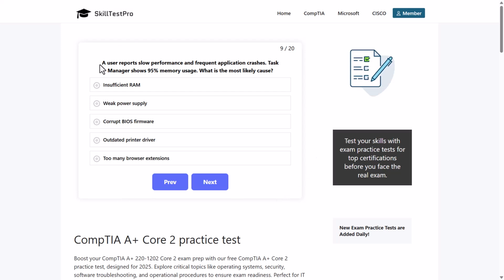And here we again look at the question. A user reports slow performance and frequent application crashes. So why would there be slow performance if you are working on your computer and frequent application or applications are crashing? And Task Manager shows 95% memory usage. Like I mentioned, guys, whenever you are reading a question, everything in that question is there for a reason. So here, the first sentence is giving you the problem. In the second sentence it already starts giving you the clues, where you should look for the clues, as Task Manager